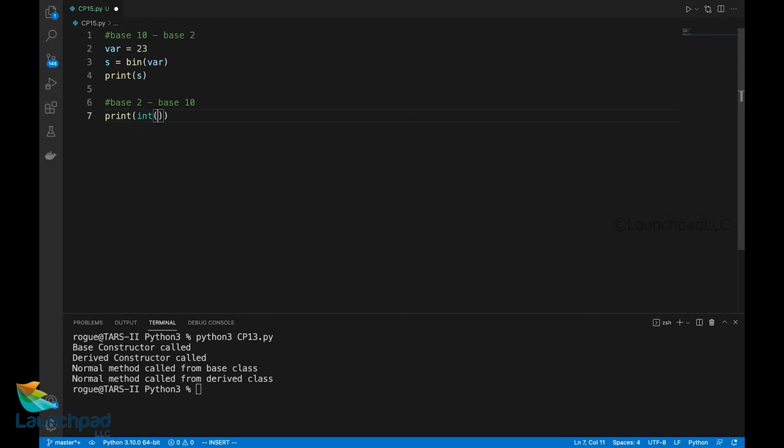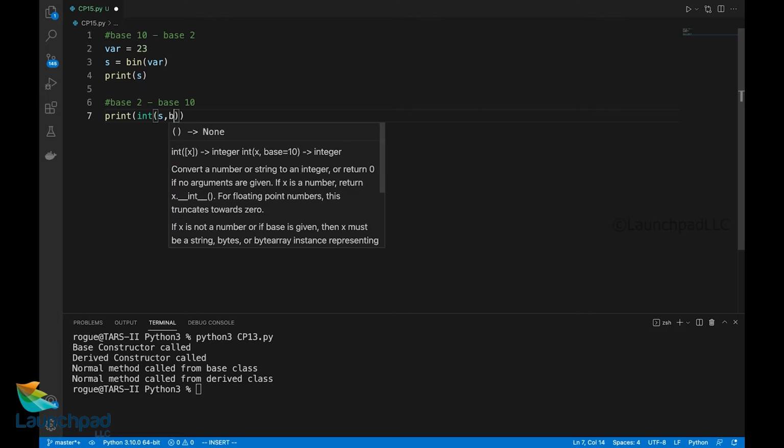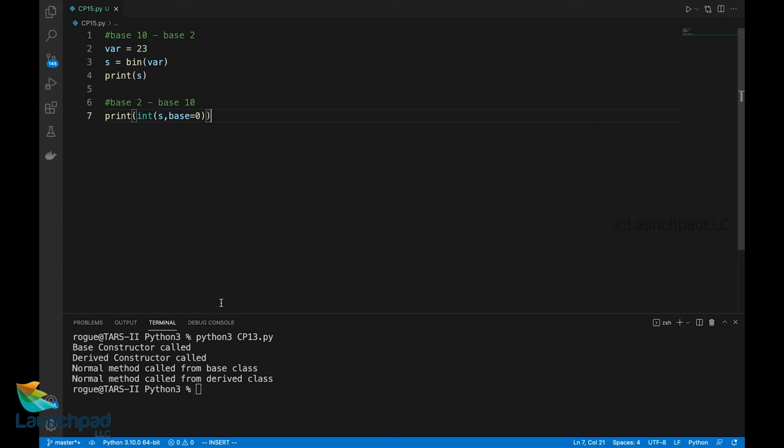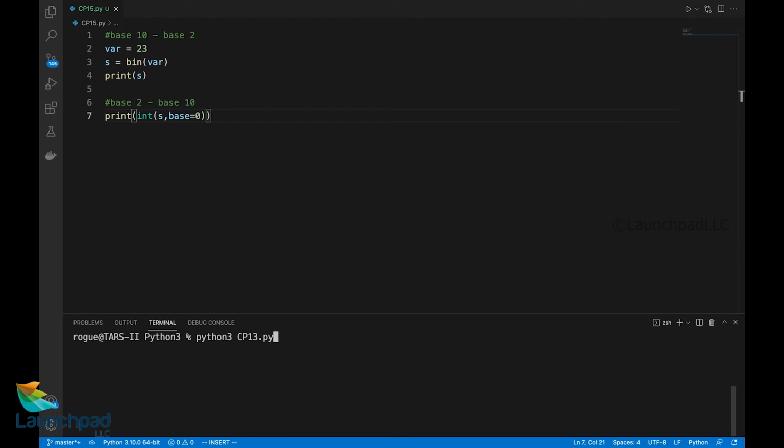Here I'll print int of s comma base equal to 0. So the base is self-identified. When I run this file cp15.py, you can see the binary version of 23 is 0b10111, and when I convert it vice versa, it is 23 again.